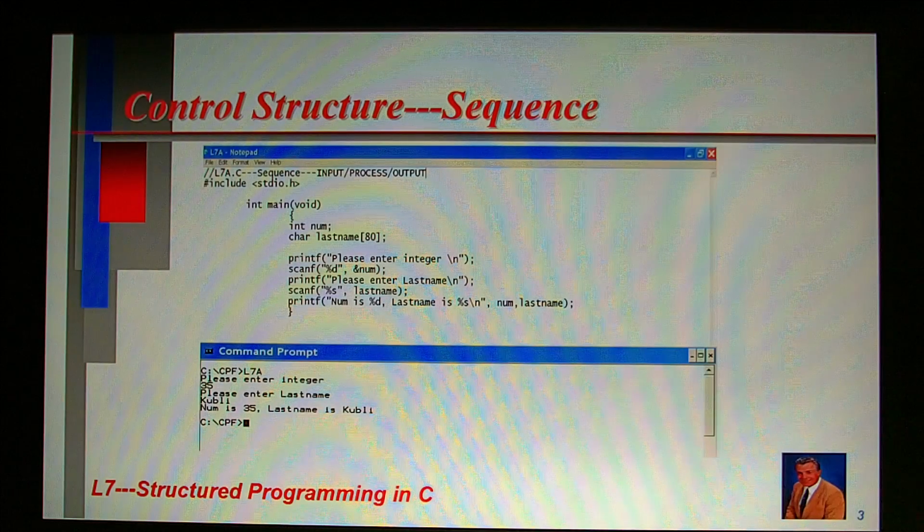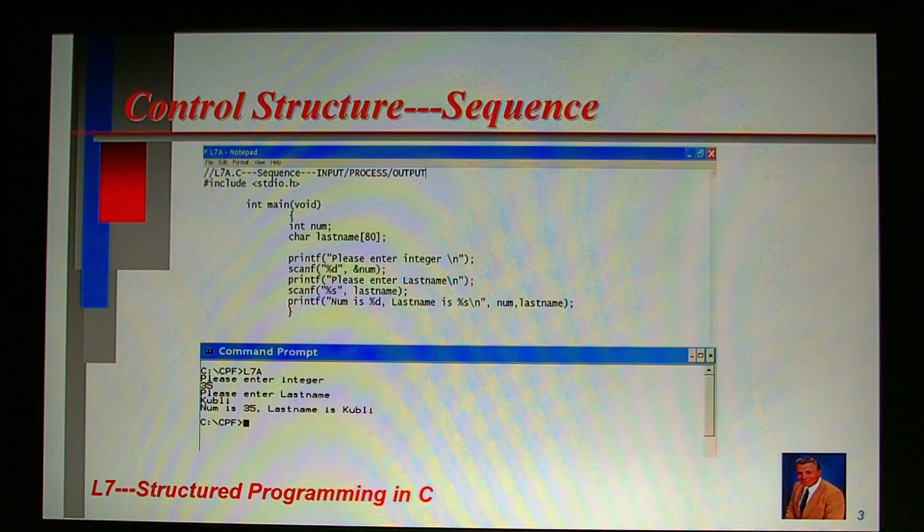Likewise, the same sequence control structure adherence applies for the computer program instruction code pair printf left paren double quote please enter last name \n double quote right paren semicolon, scanf, left paren, double quote, %s, double quote, comma, last name, right paren, semicolon. Here again, the printf function call precedes the scanf function call to allow the last name prompt before the last name is